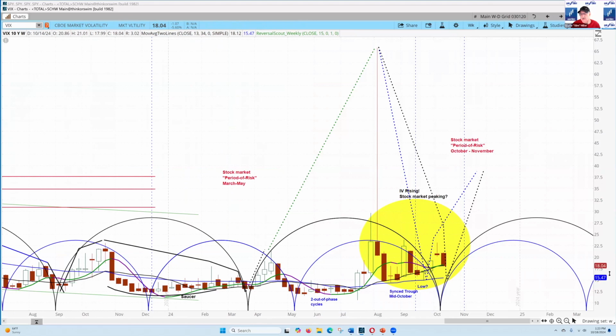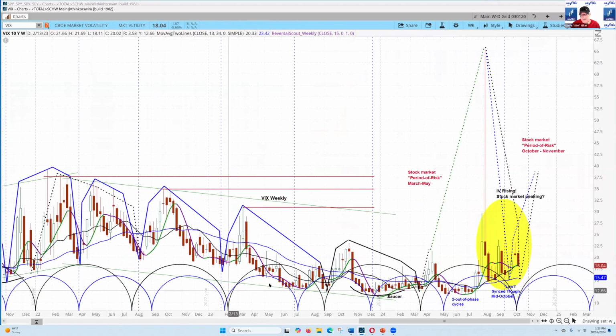And of course, what's going on are two things: the Middle East tensions and the election coming. And when you look right over here at these cycles, the rhythms in here are just outstanding. And right in here is where we're looking for the market to begin to price in much higher risk, much higher volatility.